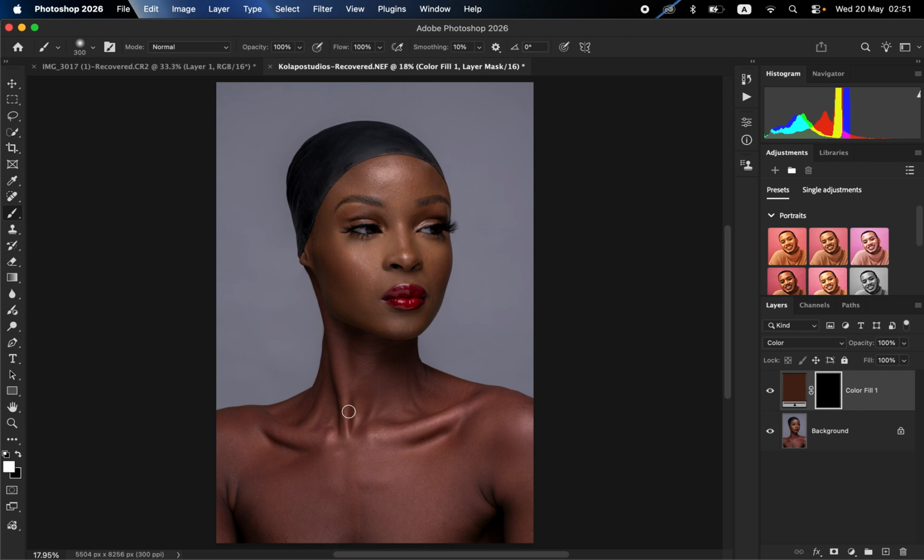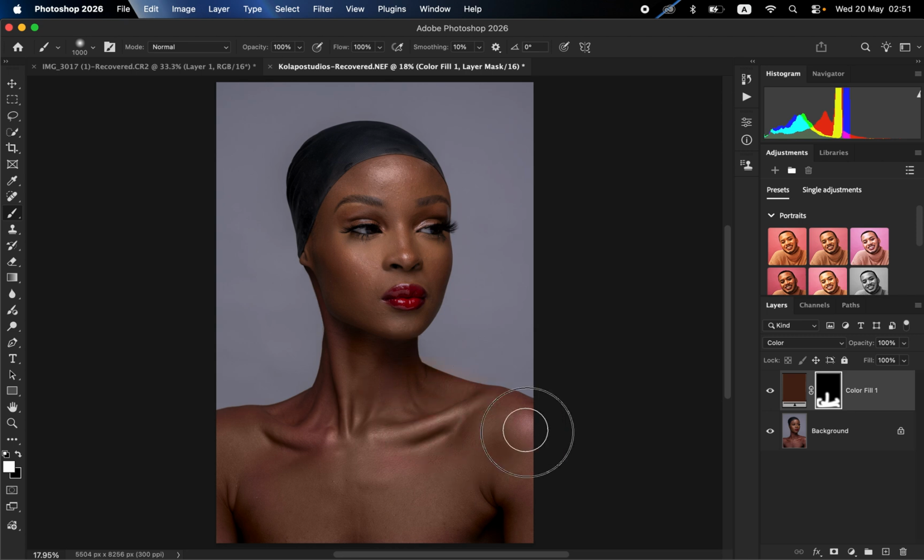So I'm just going to increase the size of the brush by using the bracket keys on the keyboard, and all I have to do is simply brush over the area that I want to fix. So I'm painting using a white brush with this black mask selected. It is going to help me unify or create a uniform skin color. And you can see right now the magentas from the chest area are just being eliminated every time we brush